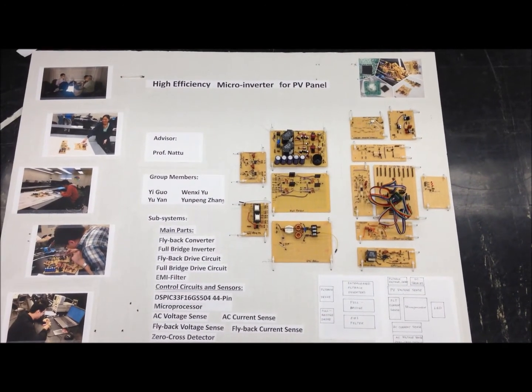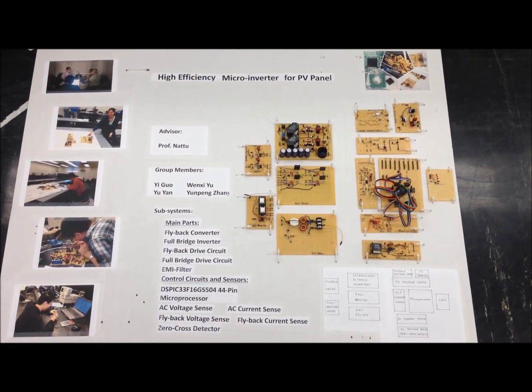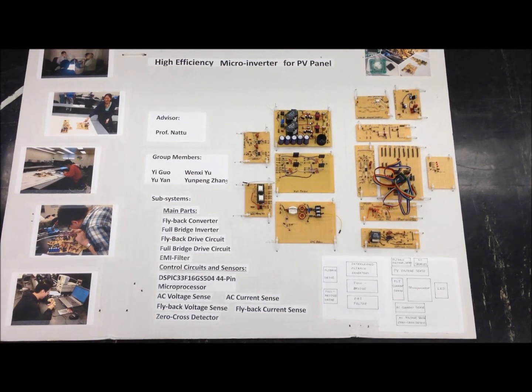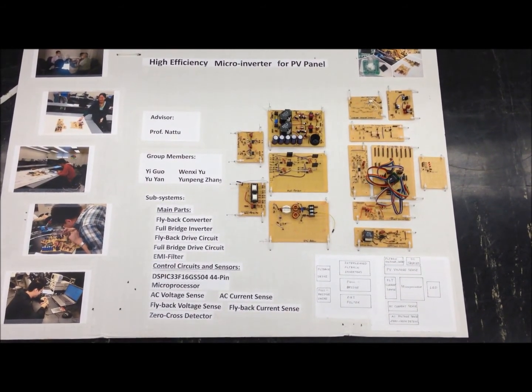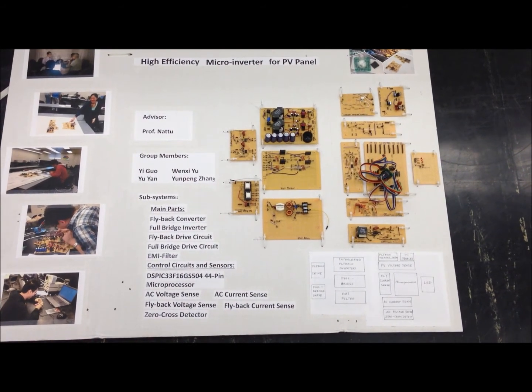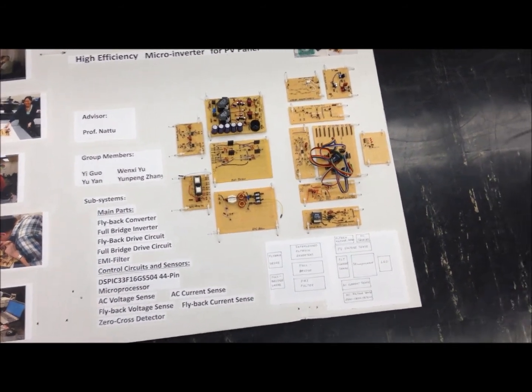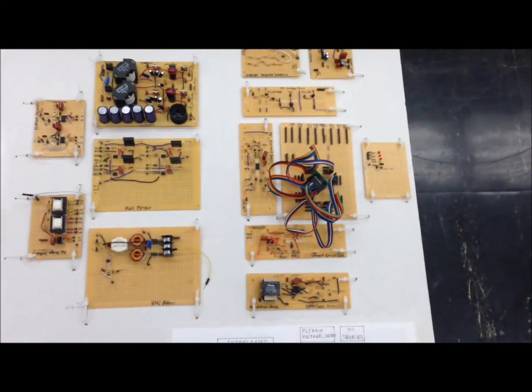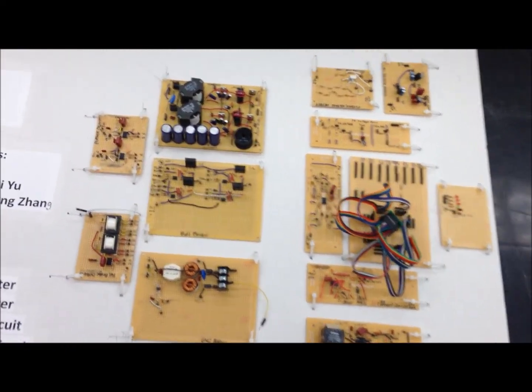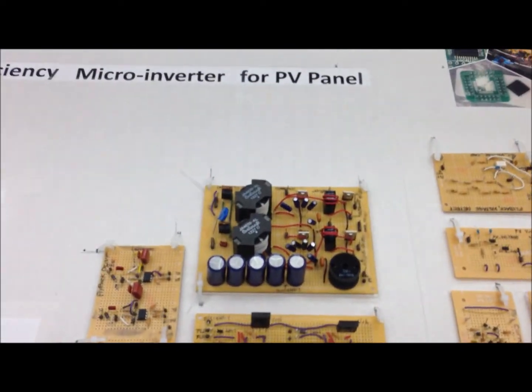Our design is called high efficiency microinverter for photovoltaic panels. To be more specific, we collect the solar energy, transform it into AC voltage, and feed it back into the grid. Basically, our whole system consists of 3 subsystems: a pair of interleaved flyback inverters to convert DC to AC,